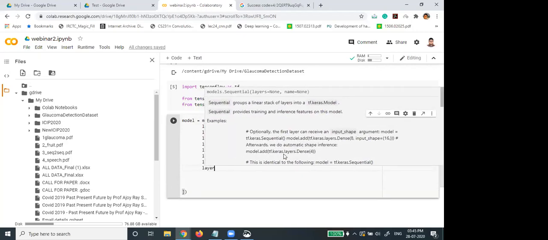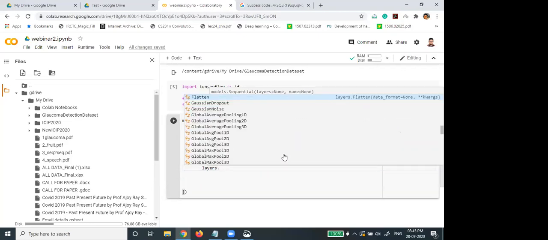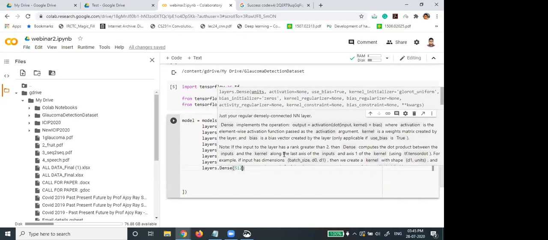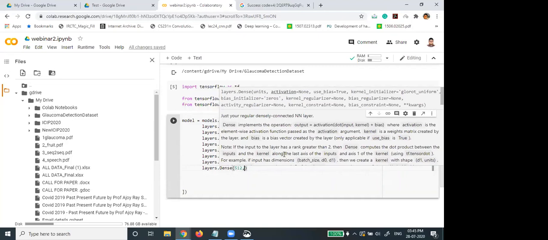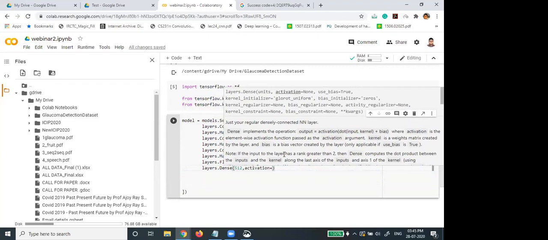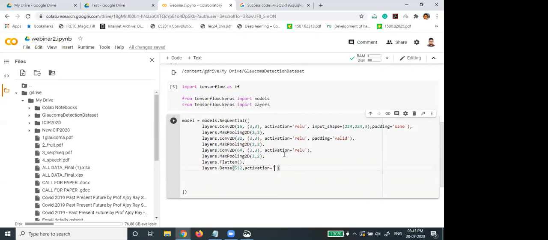Then I am connecting all those nodes in a complete graph, the dense connection that I already mentioned. So here I am giving the node number as 512, and activation is ReLU.